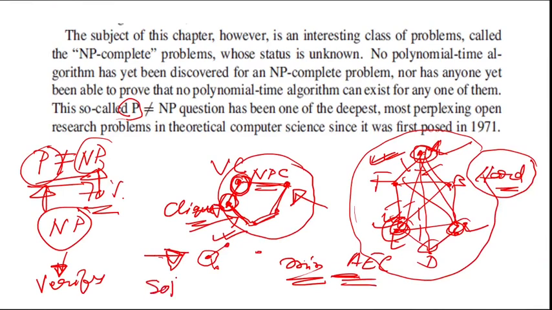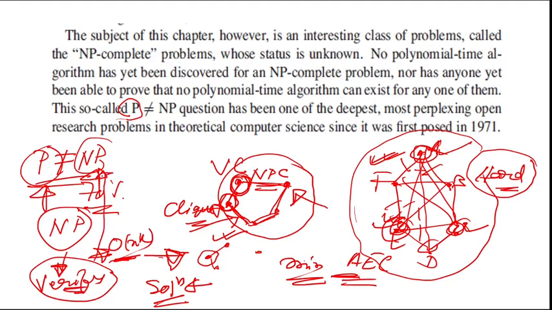So one thing is the solution, another is the verification. The solution is a big thing. If I ask you to find the solution of vertex cover, it becomes a big task. But if I ask you to just verify, that becomes a small task. This small task can be done in O(n to the power k) in most cases. If it is a small task and it is verifiable, then I will call it an NP problem. Let's say a solution is not possible, but you are able to verify it in polynomial time, then it is called an NP problem. For P problems, whole solutions are available in polynomial time, but for NP problems, only the verification algorithms are available.